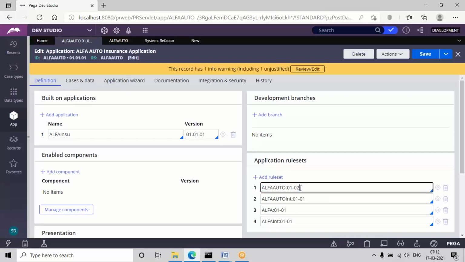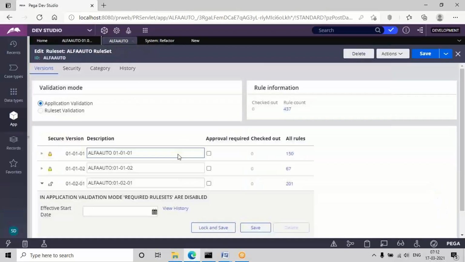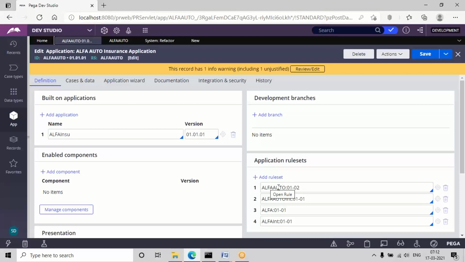So whenever we do the skimming for this main rule set, whenever these numbers, major or minor skimming, are completed, accordingly this prefix number must be modified or updated. So for our requirement, according to the skimming number, the prefix must be 0102. So the same thing we have to customize here in the rule set form. Update the prefix value from 0101 to 0102. Okay, it is mandatory. Now save it.